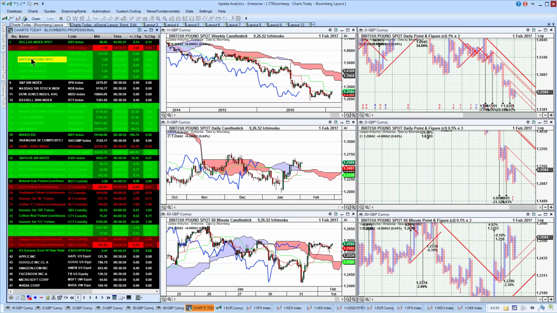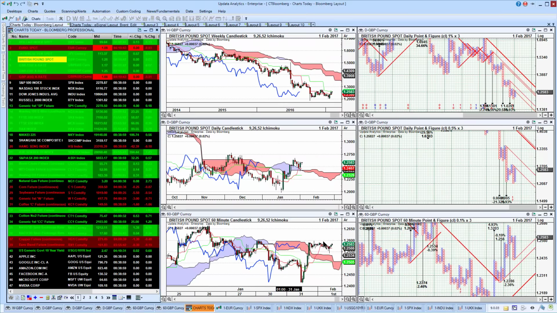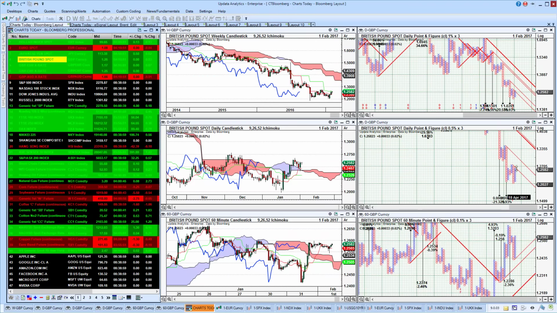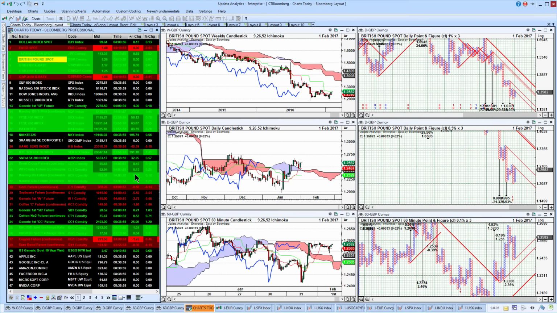Sterling against the dollar is, again, the dollar weakness is having an effect here. We're just stuck in the cloud. We are still bearish in real terms here, just trying to get through on the daily as well. But again, the long-term picture is still pretty bearish for sterling with downside targets. It would take a lot to deactivate these targets. We've got to move higher than where the start of these thrust columns were given. So for the moment, sterling is showing a little bit of strength or dollar weakness. It's really all about dollar weakness.